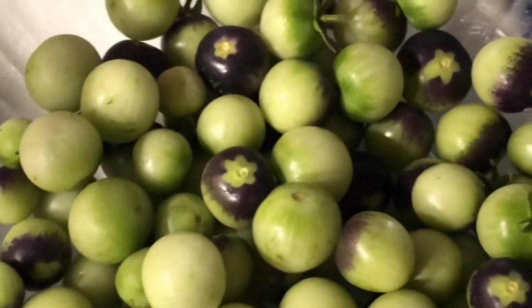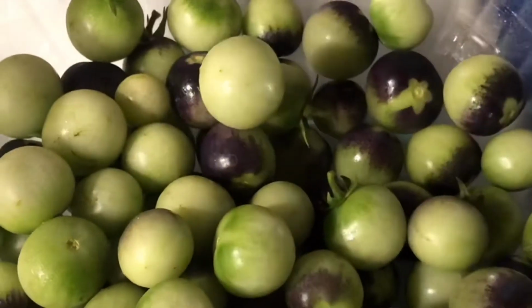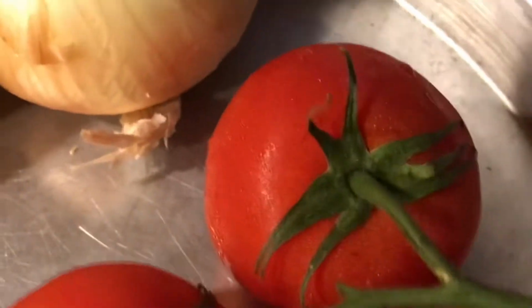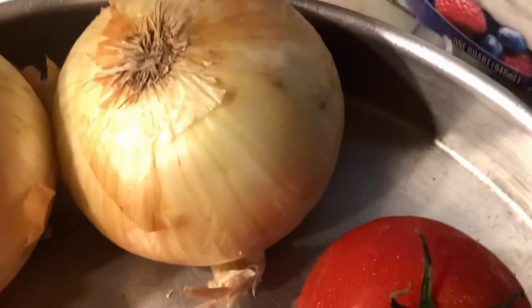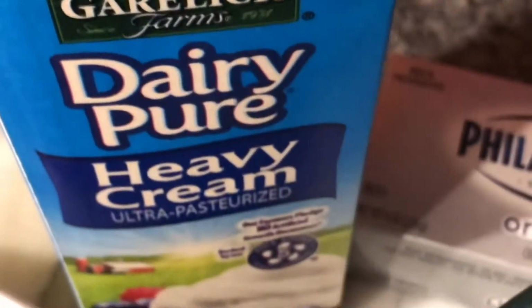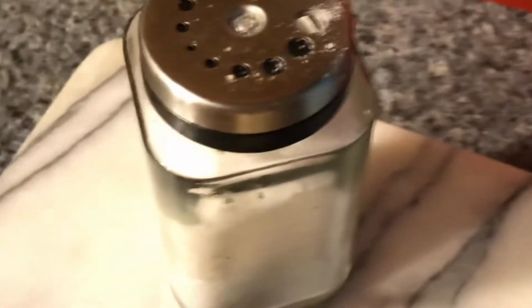These are all your summer vegetables. You can get them off your garden, which I did, whatever was left on the garden. And these are my vine tomatoes as well. And all we're gonna need is these to saute, and then get a heavy whipping cream with a square cream cheese, 8 ounces. And all you need is a little bit of seasoning of the salt,